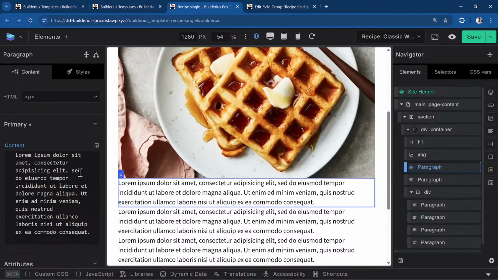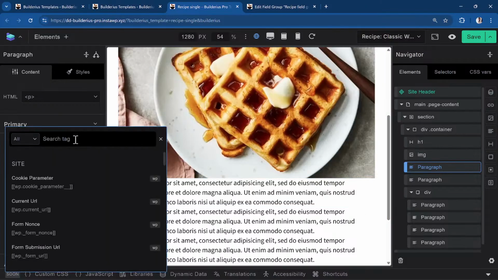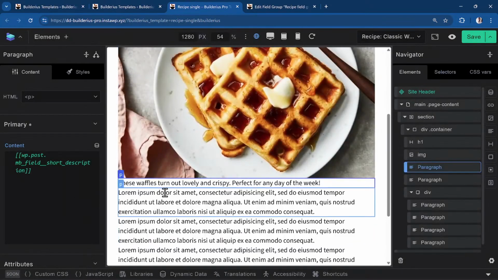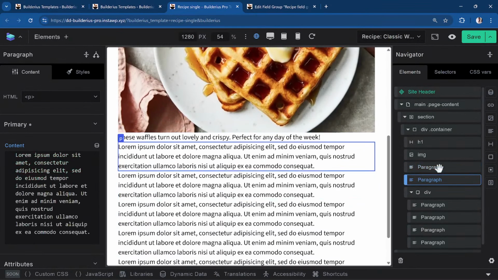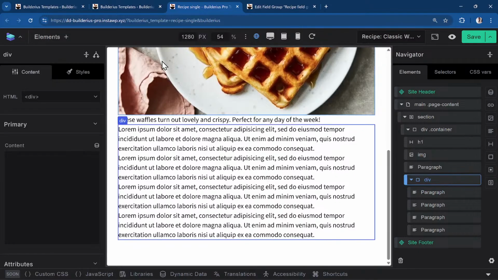The next one is, I said it was short description. So let me see. I think for that one, let's see, short. Okay, so that's MetaBox field short description. We get our short description. There isn't really any long description. I didn't add it for any post, so I can delete that. Let's just delete it. So I'll add a heading